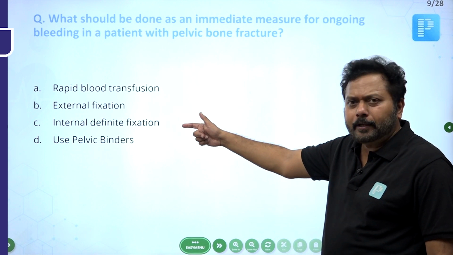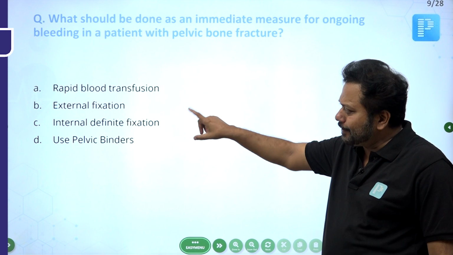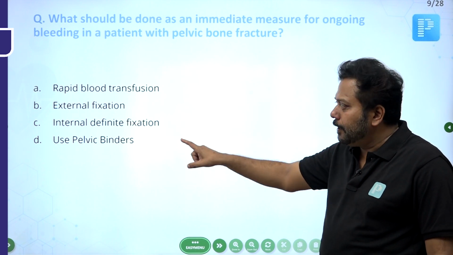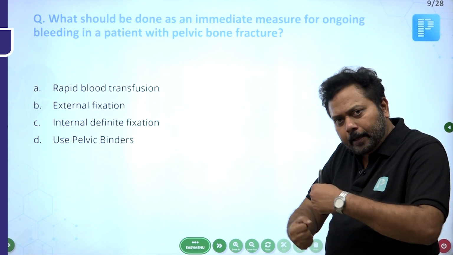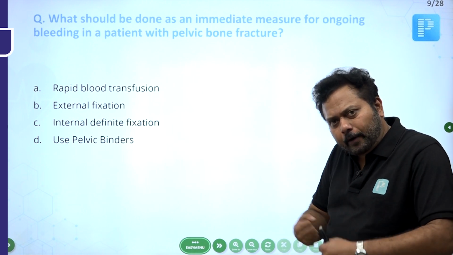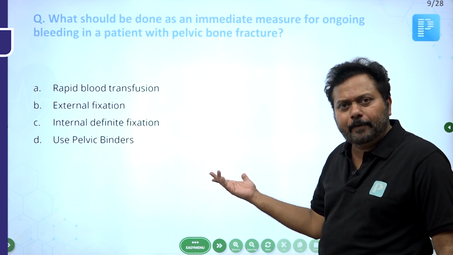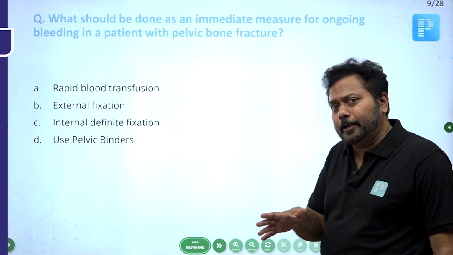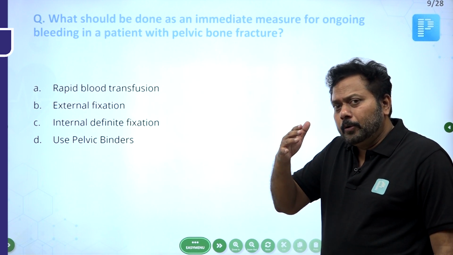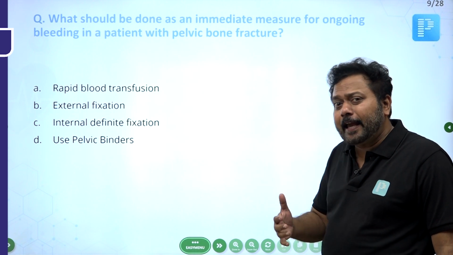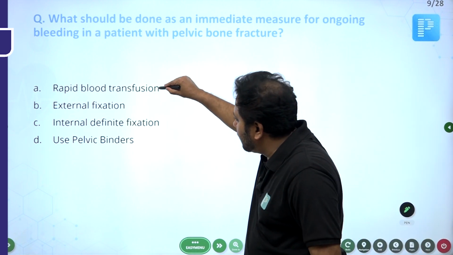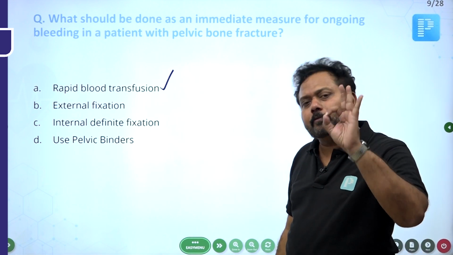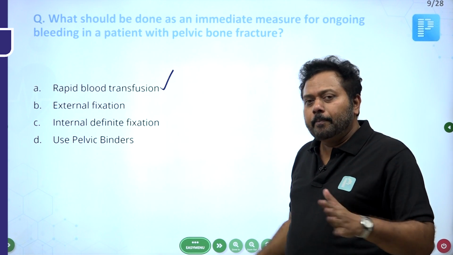In the 4 choices, what they had given: rapid blood transfusion, external fixation, internal definitive fixation, and use of a pelvic binder, or a bed sheet or a pillow cover tied around the pelvis. It's like a pelvic binder. See, dear friends, it's an emergency. It's a resuscitative procedure. The patient is going into hypovolemic shock, actively bleeding. The first thing you have to do is a rapid blood transfusion. There is no doubt. Among the 4 choices, the first thing I will do is give a massive blood transfusion,